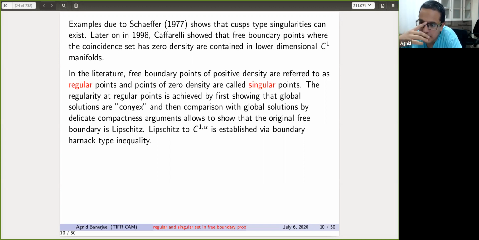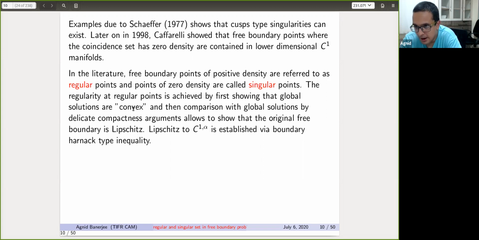So what the boundary Harnack inequality tells you is that if you give me a Lipschitz domain, and if you give me two non-negative functions which are 0 on a portion of this Lipschitz boundary, then the ratio of these two harmonic functions becomes Hölder. And so if you apply this to the pure first order derivatives which lie in that cone, and because you have the cone of monotonicity, those pure first order derivatives would be non-negative in that region. So if you take the ratio, that would be Hölder.